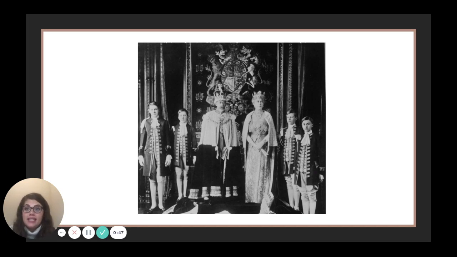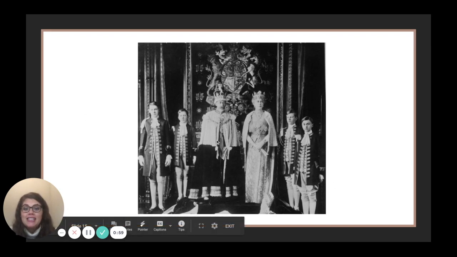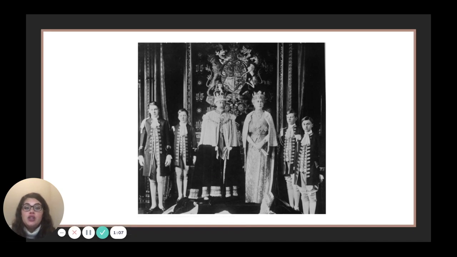This picture that we see in front of us shows King George of England, the Queen, and 4 of their sons. So these are the 4 sons, this is the Queen, and this is King George, Keeble Cubs. As you can see, children in the royal family got to wear fancy clothing. They lived with their parents in the palace, which gave them plenty of space to run and play. Fine furniture and other beautiful things always surrounded them.